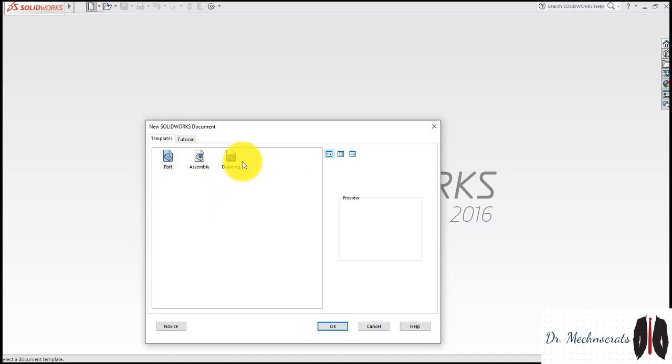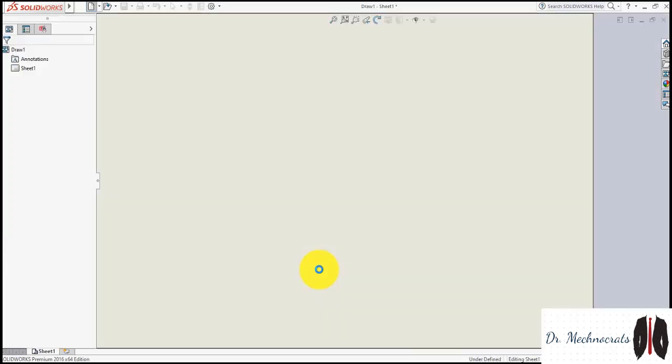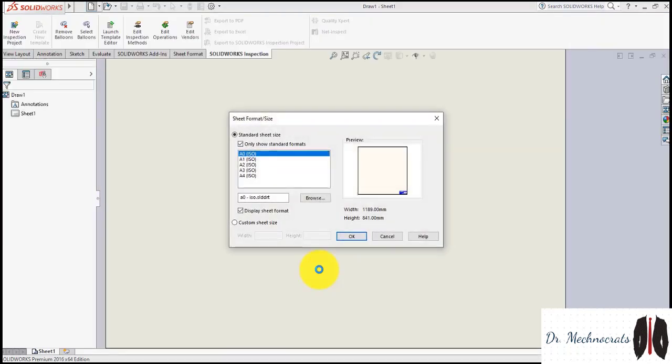So for the first 3 experiments, we have to use this drawing mode. So click on this drawing mode, then OK. Right. Here you have to choose the size, as we have to take the printout of each experiment.